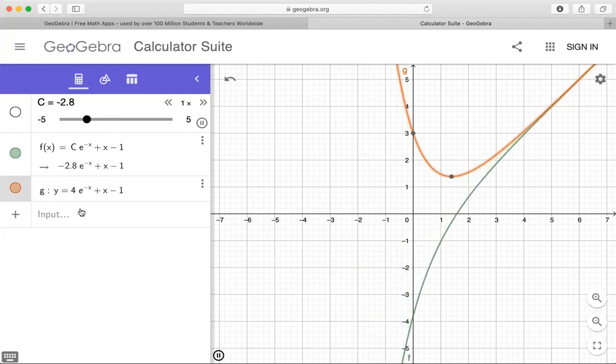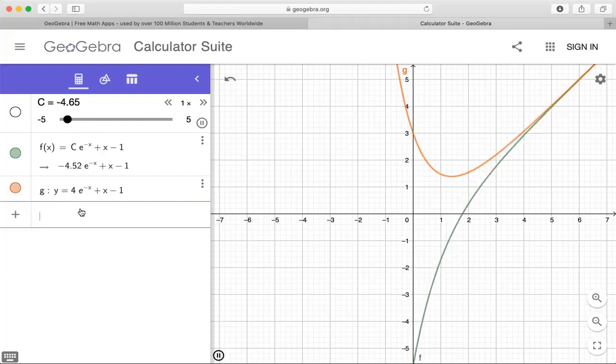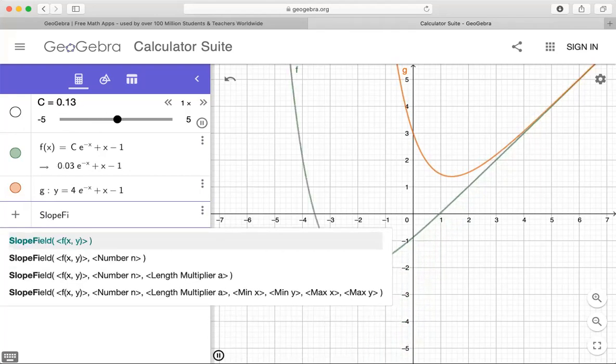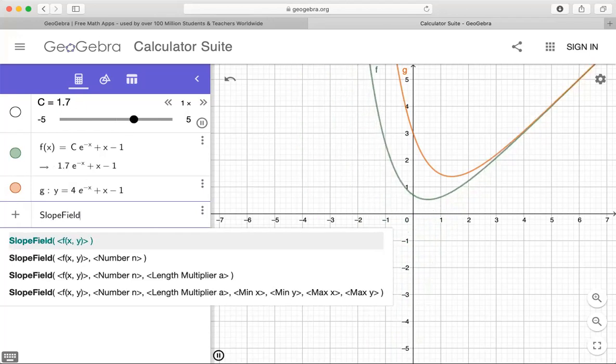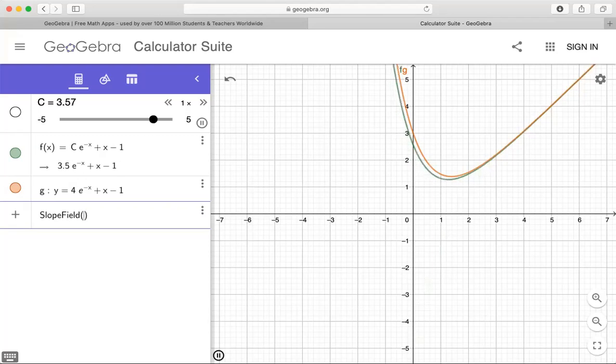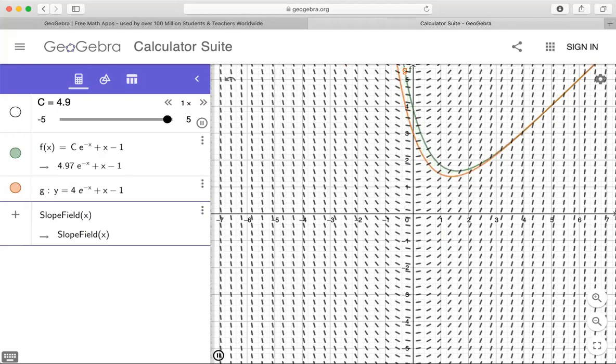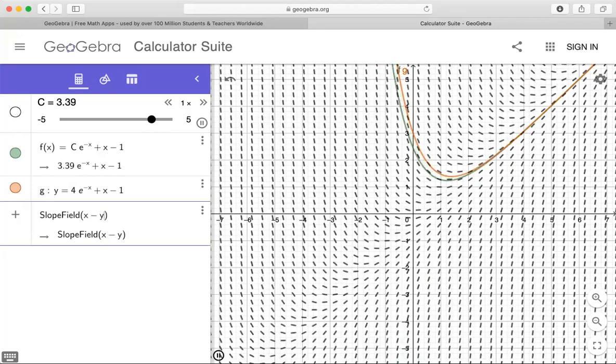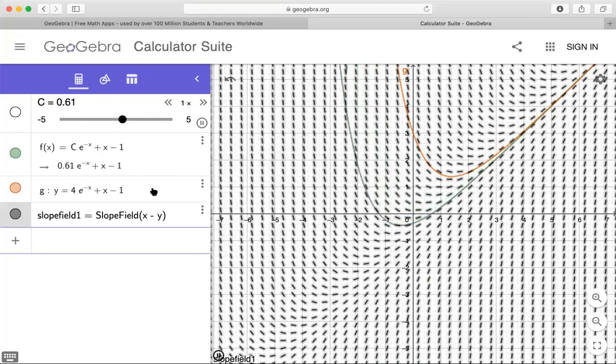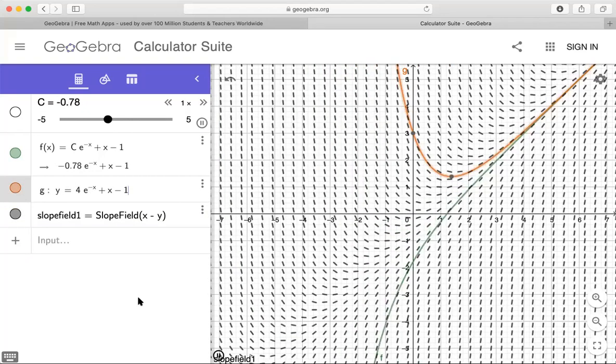Now, what's really nice about GeoGebra is it allows us to get another way to visualize what's going on with these solutions of this differential equation. We can plot what's called the slope field. This will give us a little slope mark at each point in this field. I know that the derivative is x minus y. So if I type slope field of x minus y, this will actually give us a little representation of the slope that this function should